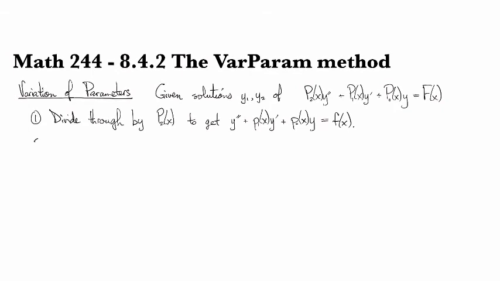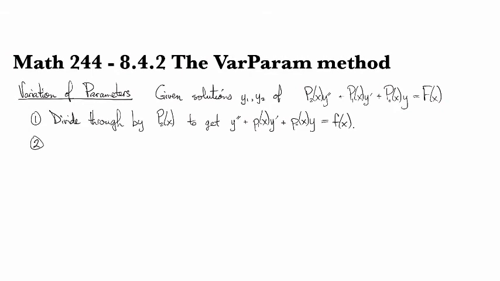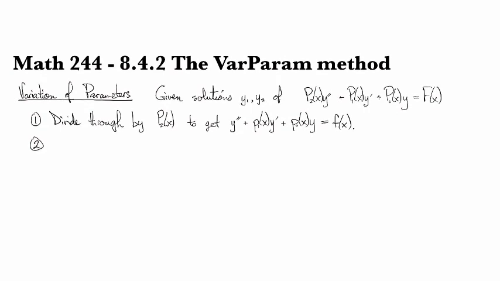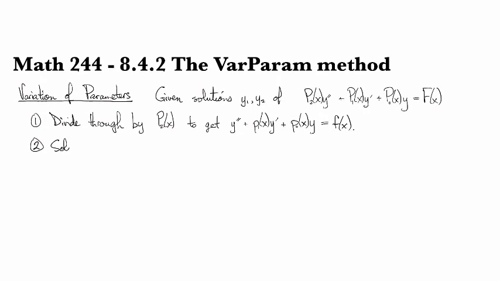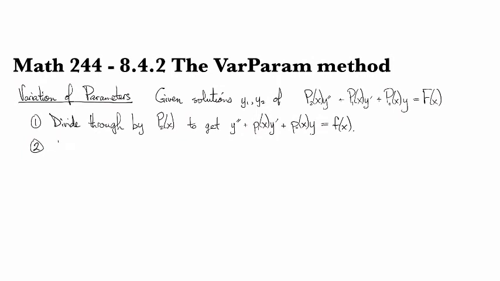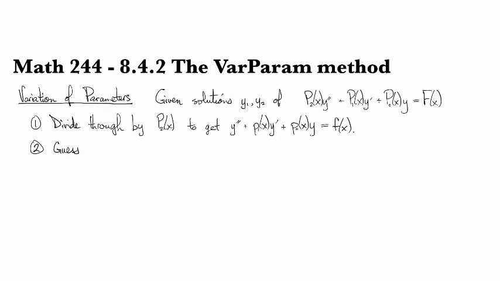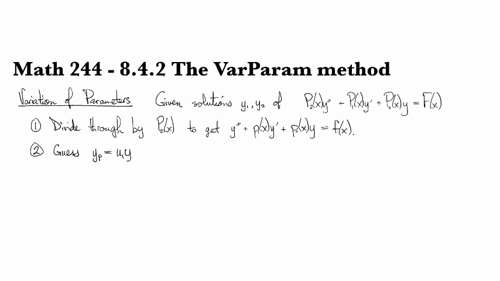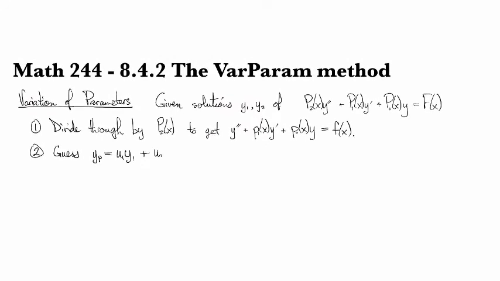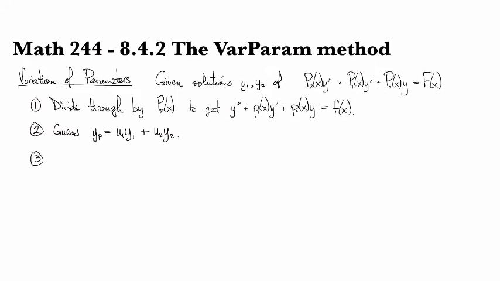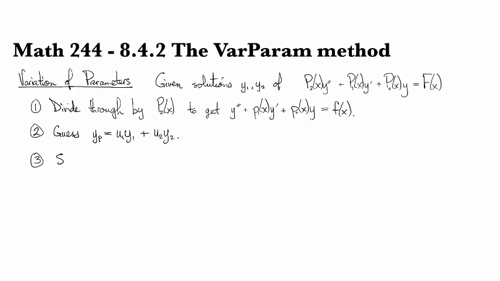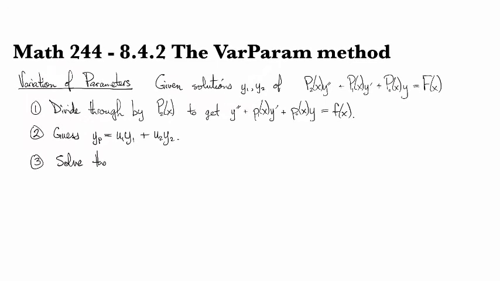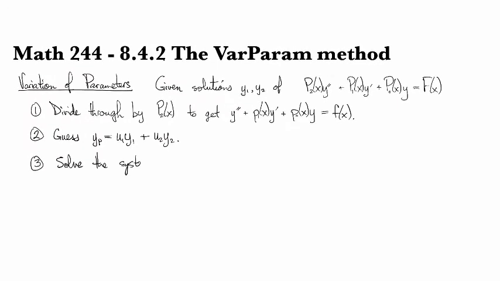The next thing is to make the guess that yp looks like u1 y1 plus u2 y2. And to find that, we need to solve the system